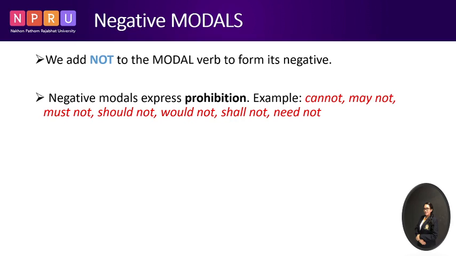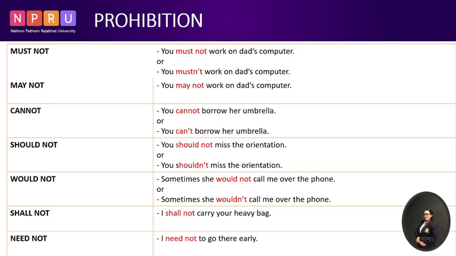So for the negative modals, we add not or n't to the modal verb to form its negative. So negative modal verbs express prohibition. It prohibits. So examples: cannot, may not, must not, should not, would not, shall not, need not. So for the prohibition,